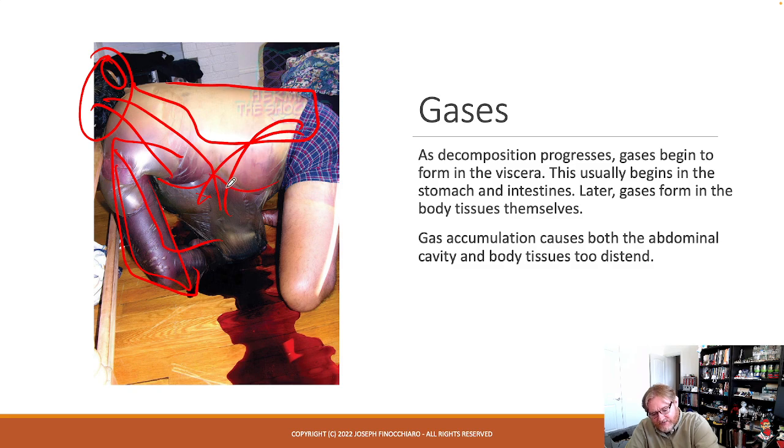You have gas building up and liquid forcing the skin off the abdomen because, again, like I just said, the collagen and elastin are breaking down, the skin is slipping down, and you have the fluid basically dripping off the front. Very unfortunate, but from a practitioner standpoint, this honestly is pretty ideal for us, just from the premise that the visible area of the body is going to be fine. Your probably biggest issues are going to be whatever's going on with the hands. Those hands are probably going to have to get hidden or placed in gloves.